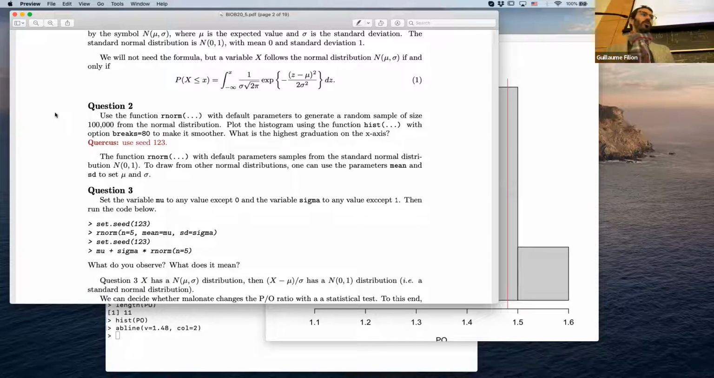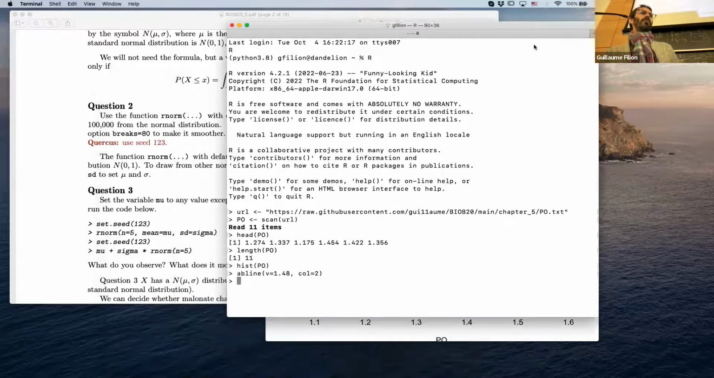Question 2: use the function rnorm with default parameters to generate a random sample of size 100,000 from the normal distribution. Plot the histogram using the function hist with option breaks equals 80 to make it smoother. What is the highest graduation of the x-axis? So what we want here is to see what the normal distribution looks like. And so here we go, rnorm with default parameters to make 100,000